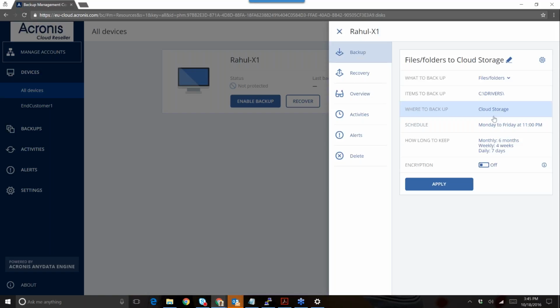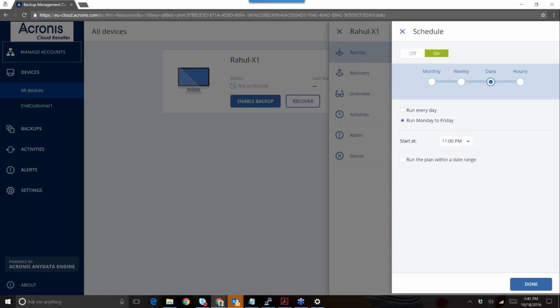We'll select cloud storage for Azure Cloud, then schedule backup. He can always schedule the backup when he wants to run it: monthly, weekly, daily, and hourly. So you can always set this. So if you go to monthly,